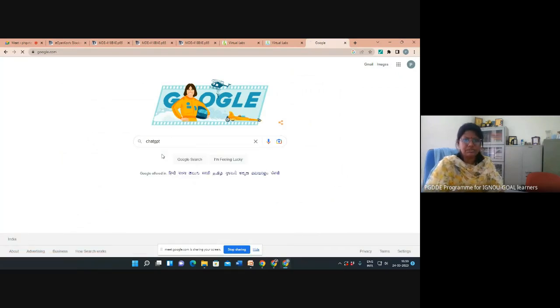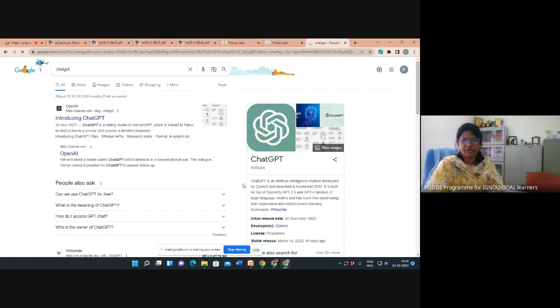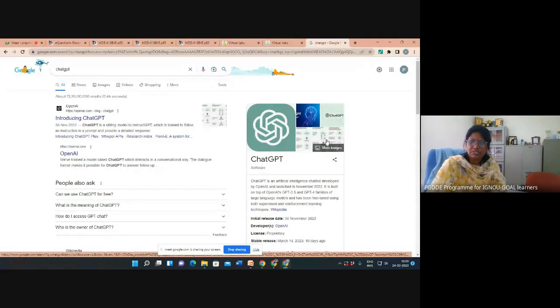This is an artificial intelligence chatbot, launched in November 2022 using OpenAI technique.